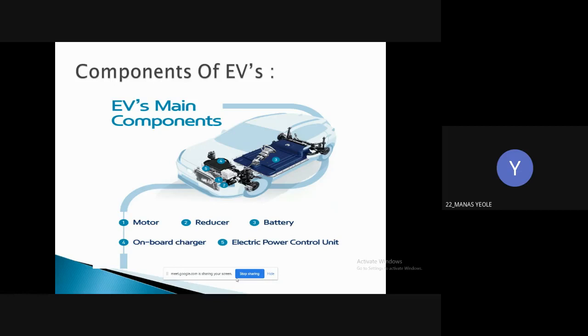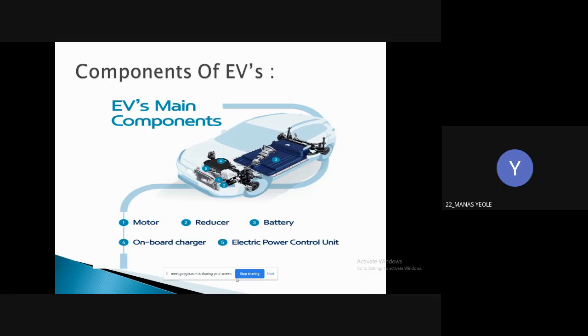The motor converts electric energy into kinetic energy that moves the wheels. The advantage of using the motor instead of an engine is numerous. Many passengers riding electric vehicles for the first time are surprised by just how quiet and comfortable the ride feels. The second is the reducer. The reducer is a kind of transmission in that it serves to efficiently convey the motor's power to the wheels, but it carries the special name reducer for a reason: the motor has a far higher speed than that of an internal combustion engine.